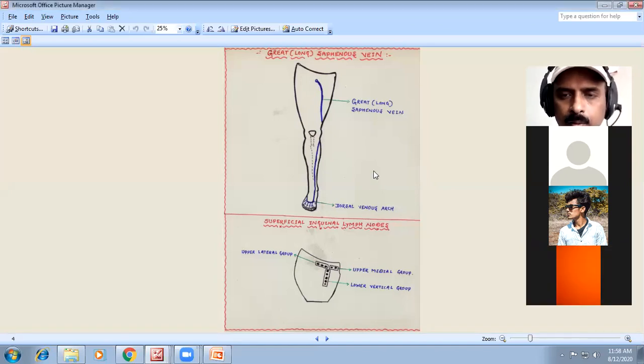So you have to know about the dorsal venous arch. There are about 16 to 20 valves inside the great saphenous vein, the longest vein of the body. This diagram is commonly asked, and you have to know the course of the great saphenous vein and tell the clinical anatomy, like varicose veins. Lengthened, tortuous, and dilated veins we call varicose veins, and it is due to the incompetence of the valves present in the vein.